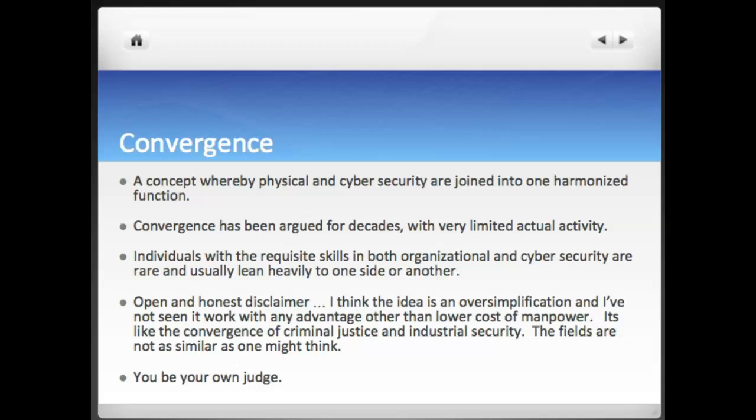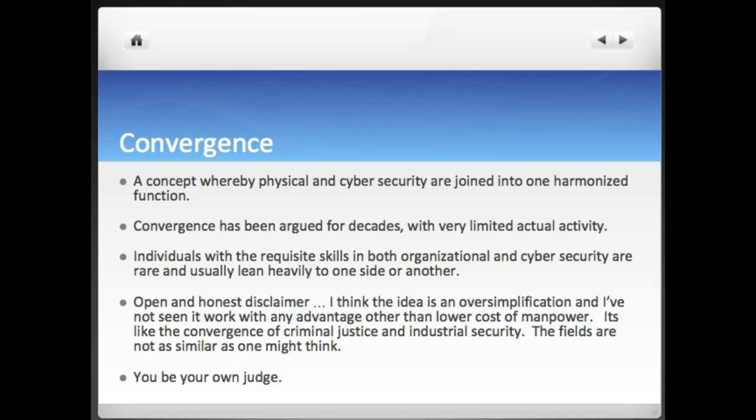But when we talk about convergence in organizations, the problem is that most cybersecurity people don't have any organizational security background and vice versa. So you're going to put in a leader and sometimes a leadership team that really are generalists and not specialists, and in some cases you need those specialists. And to find someone who is gifted in both cybersecurity and organizational security is rare. I mean, extremely rare. Now, from what I understand, the Department of Homeland Security is doing just that. Their head is now someone who is gifted on both sides. But again, that's the exception, not necessarily the rule.